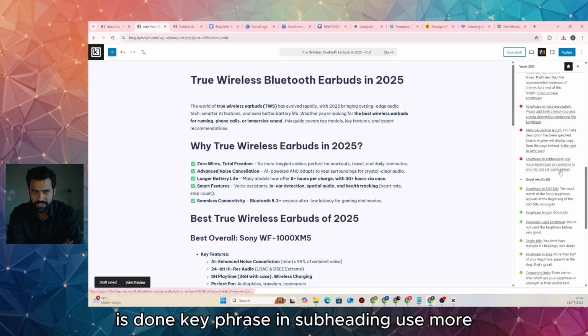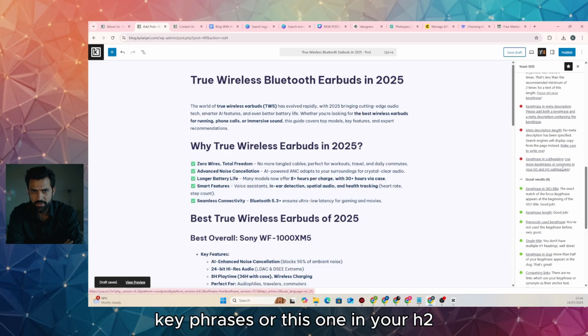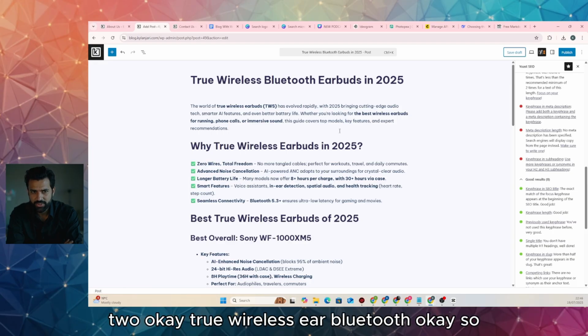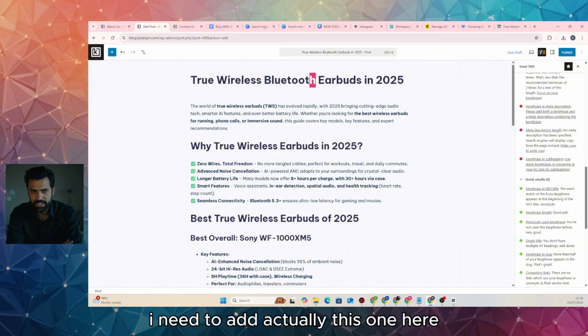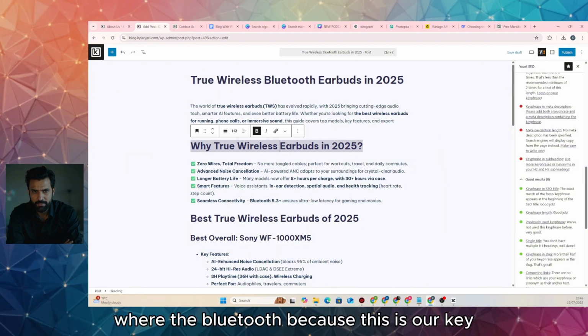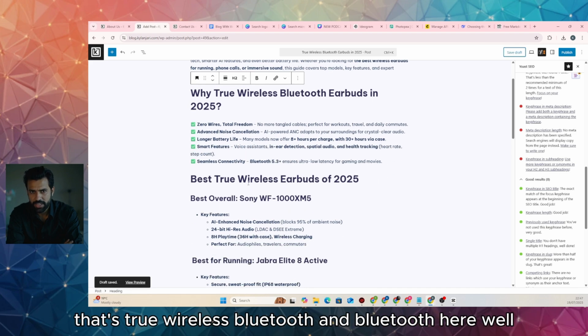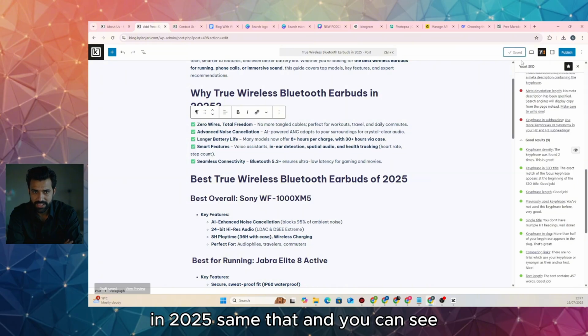Key phrase in subheading: use more key phrases in your H2 and H3 subheadings. Key phrase, okay, the true wireless Bluetooth. Okay, so I need to add the Bluetooth here, because this is our key phrase. So if I save that, and best true wireless Bluetooth earbud in 2025, save that, and you can see,